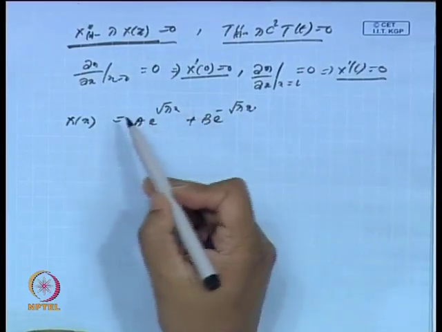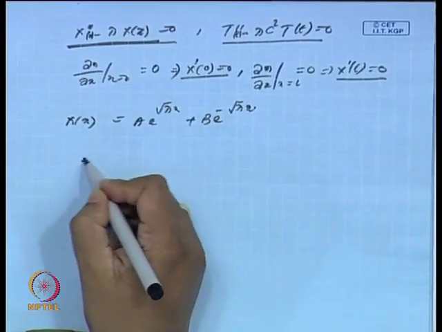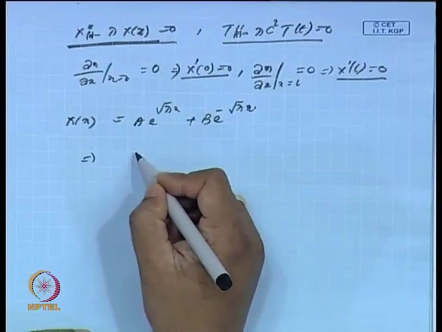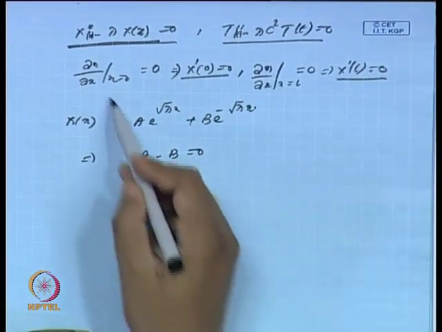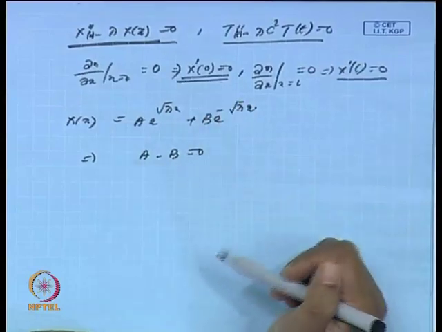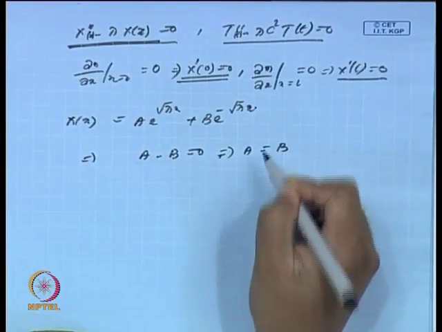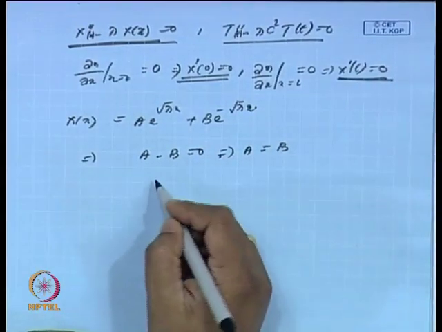So, if I substitute one of these boundary conditions, suppose del eta by del x at x is equal to 0 is 0. So, that gives me a minus b is equal to 0 because of this condition, which implies a is equal to b. On the other hand, if I put x dash L is 0, so that gives me